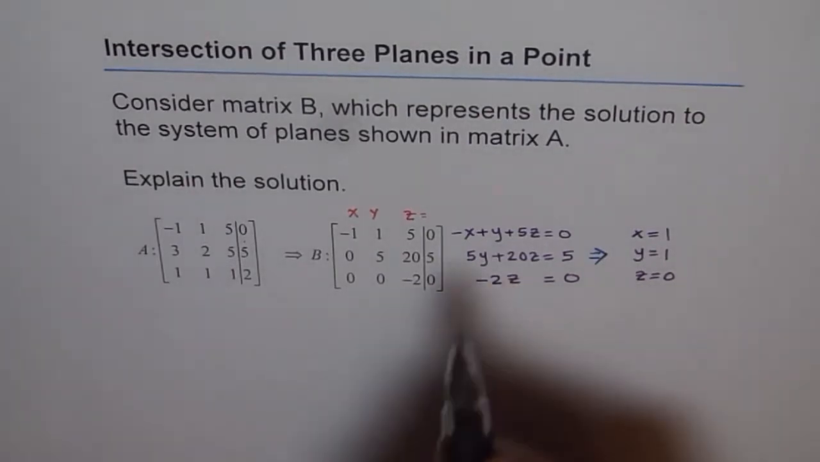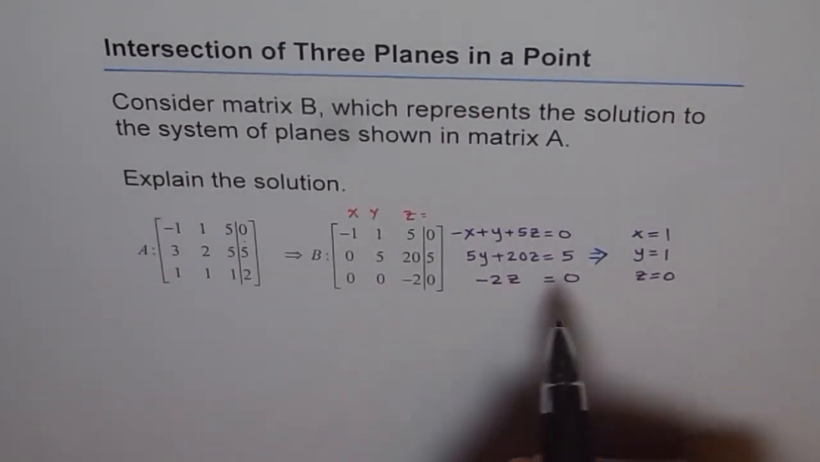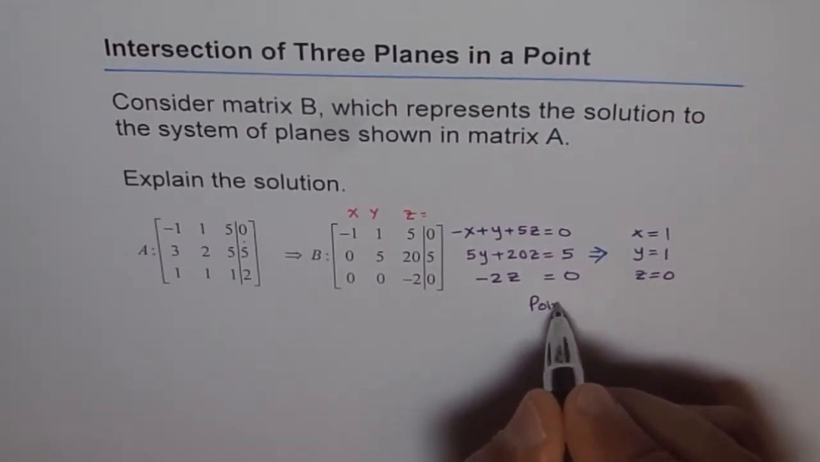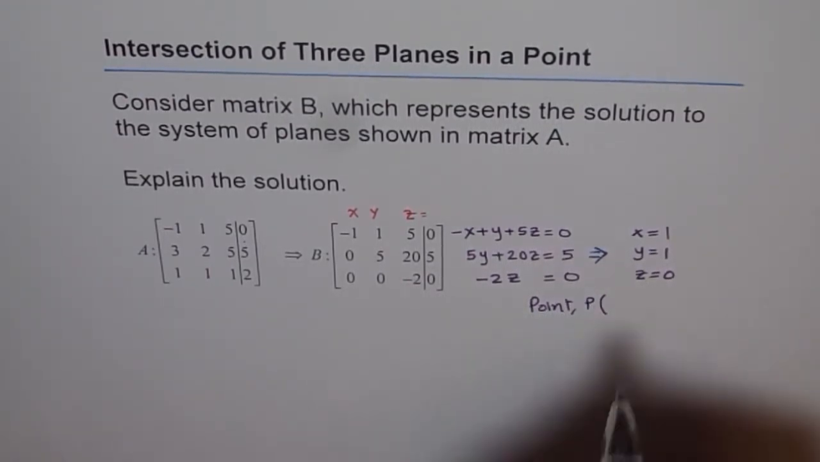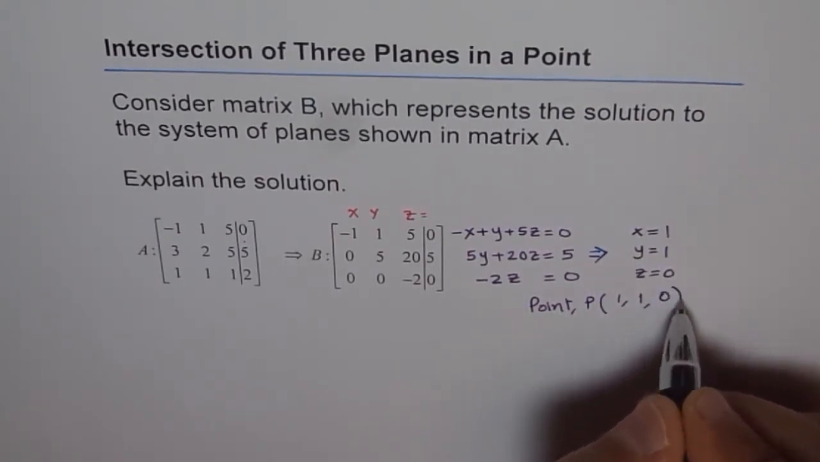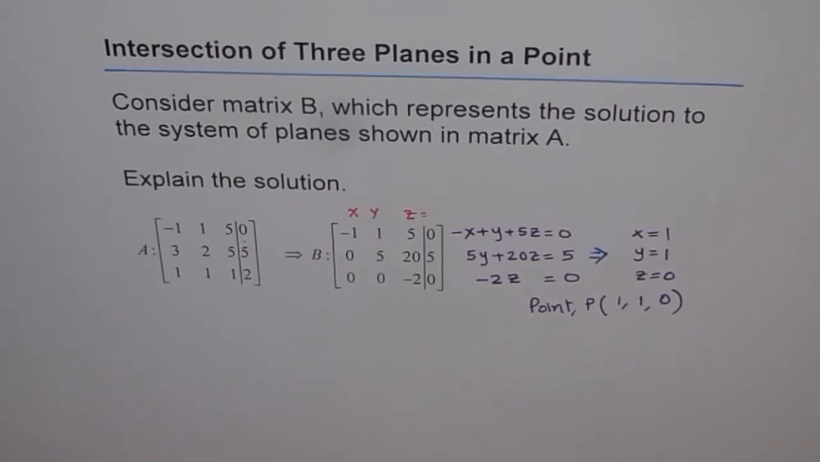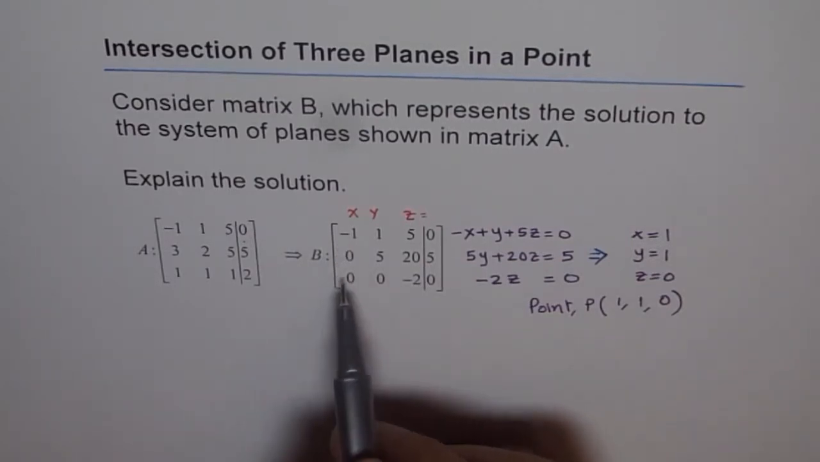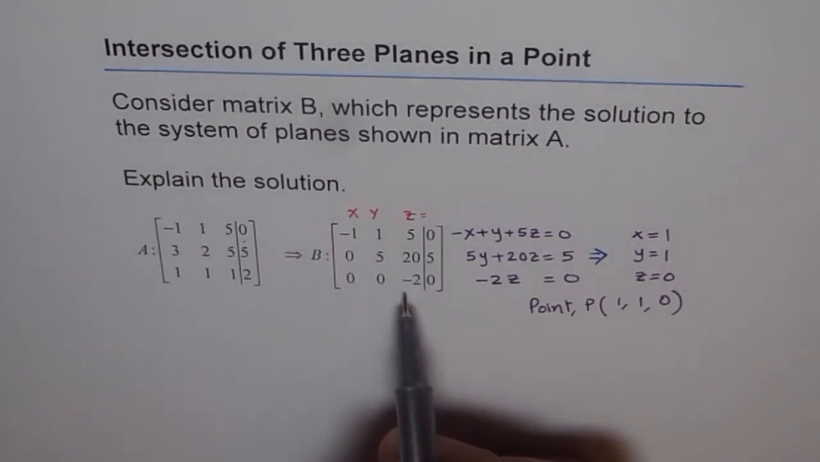So our solution to this problem here is a point. So these planes intersect at a point, and let me call this point P. The coordinates of the point are 1, 1, and 0, correct? So x equals 1, y equals 1, and z equals 0 is the set of points on these coordinates. That is how these planes intersect, and that clearly indicates that the solution is just